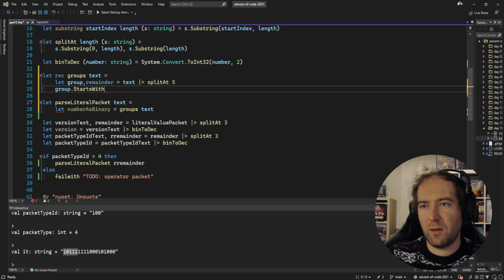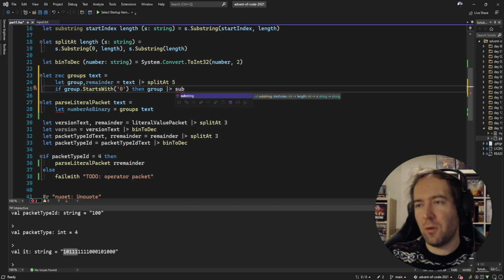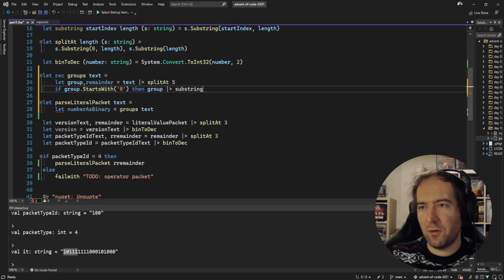If it starts with a character 0, it's the last group, and we just return the 4 next digits. So then we take, no, we don't take the substring. Yeah, we do. We know the end of this string. We just took something of definite length 5, so it's